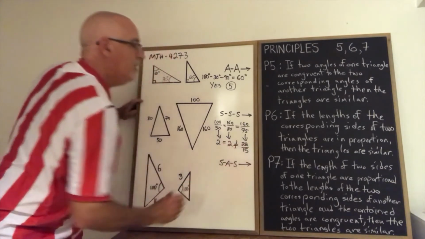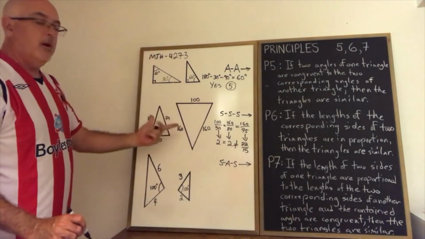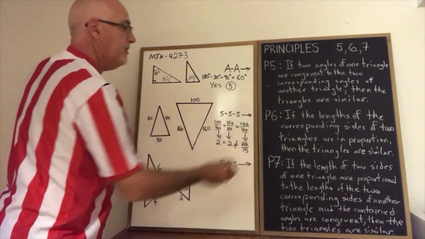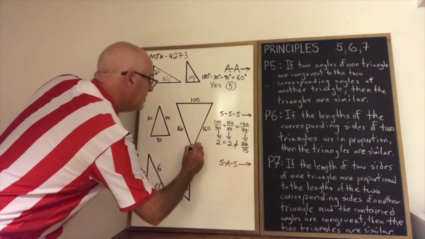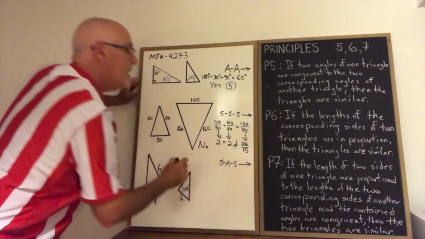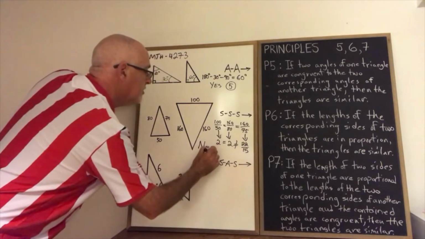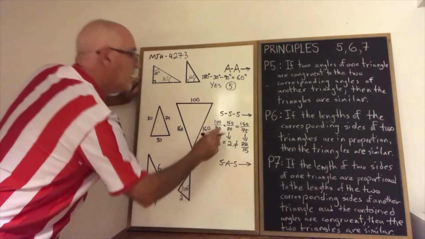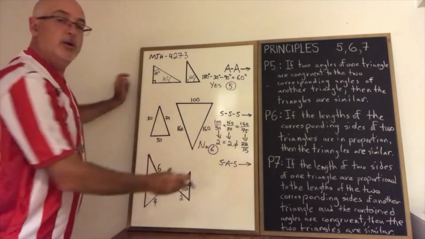So that is not equal, and the two triangles failed the test of Principle 6. So my answer is no, and my justification is I'm using Principle 6 along with these calculations that show that